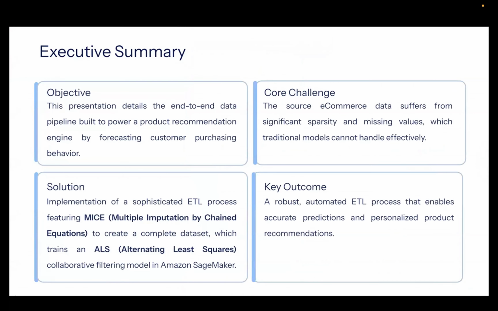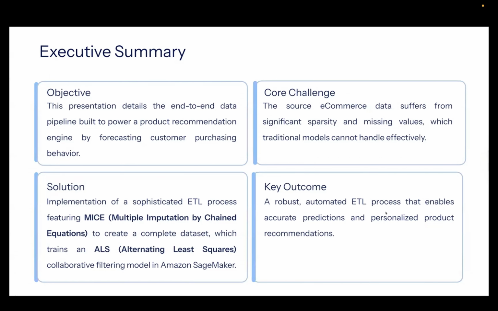So first, I will give you a brief background of our project. The objective is to build an end-to-end data pipeline to power the product recommendation engine by focusing on consumer purchasing behaviors. But the challenge of this project is that the data is quite sparse. The data has significant sparsity and missing values, which traditional models cannot handle very well.